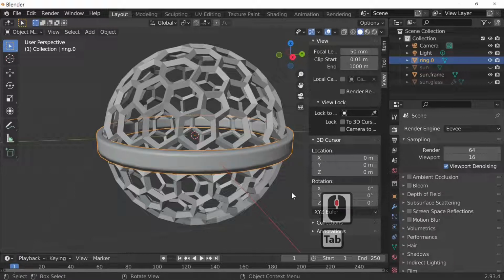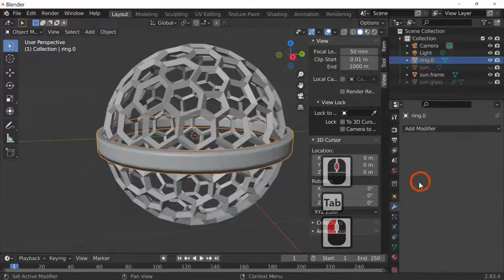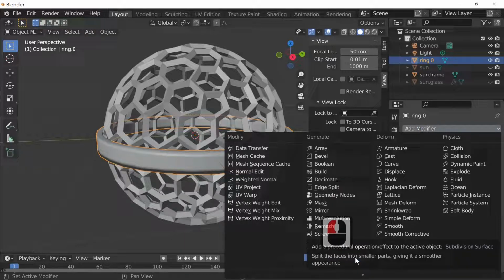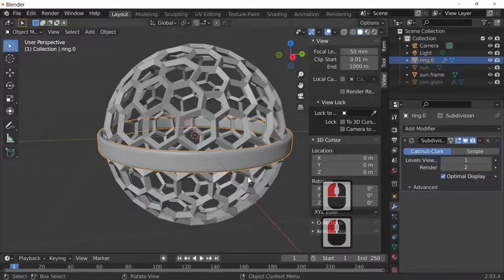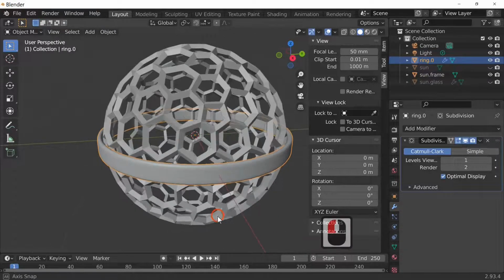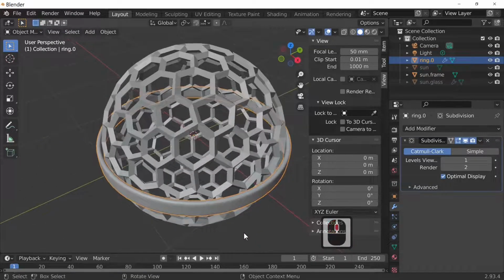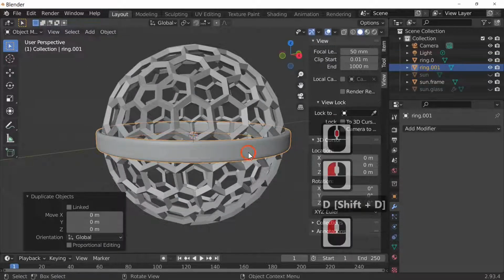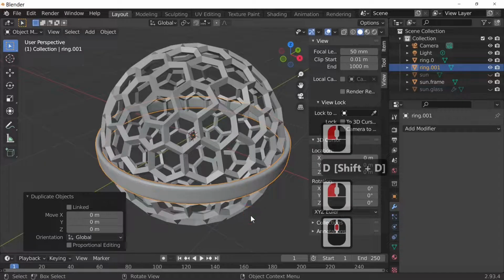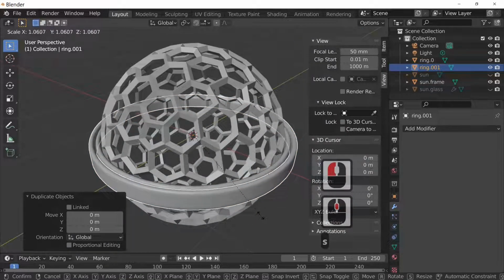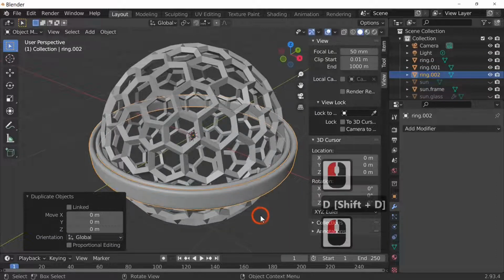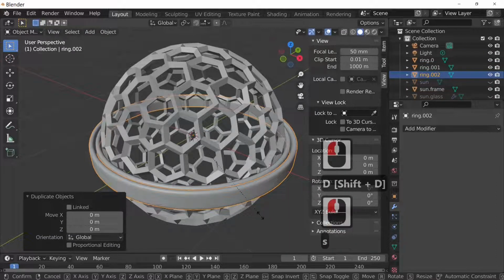So press the tab key out of edit mode, add a modifier by hitting the spanner or wrench, and add a subdivision surface modifier, and we're just going to leave that set at 1 because we don't want too many surfaces, and we'll just apply that. So we've made our ring, Shift and D to duplicate our ring, and then S to scale just to make our second ring, and Shift and D, duplicate again, left click to fix, S to scale.